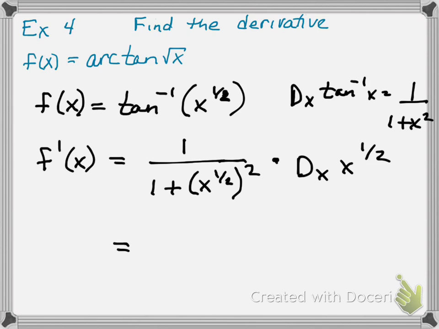So if I do that, I'm going to have 1 over 1 plus, if you take a half, square root, and you square it, they cancel each other out and you're left with an x, because a half times 2 is 1. So I have 1 over 1 plus x, and that is times the derivative of this. The derivative of that would be 1/2 x to the negative 1/2 power, just using the power rule there. So to simplify that,